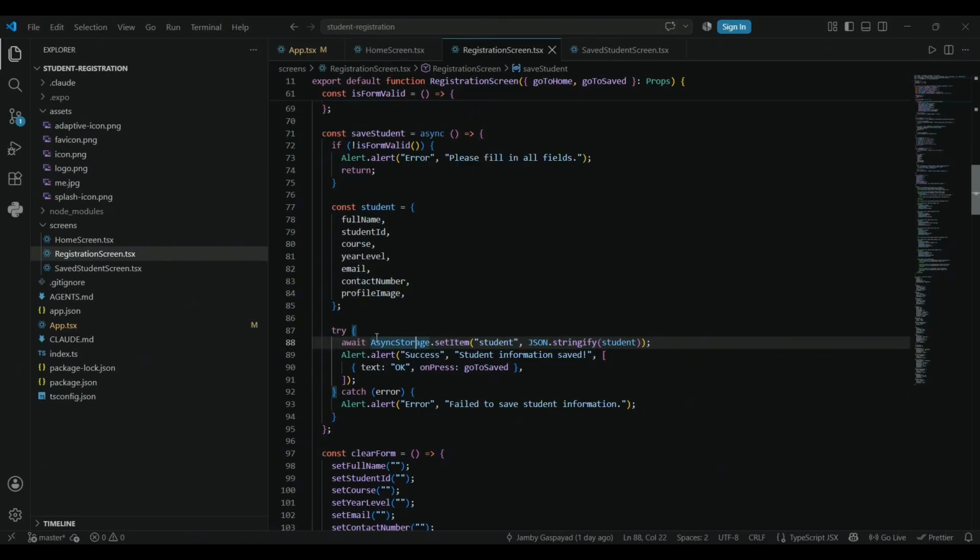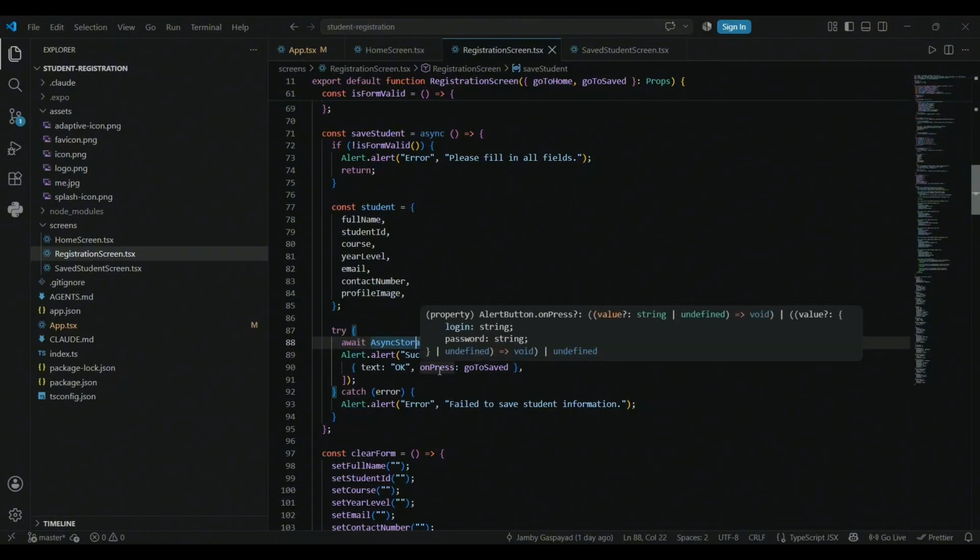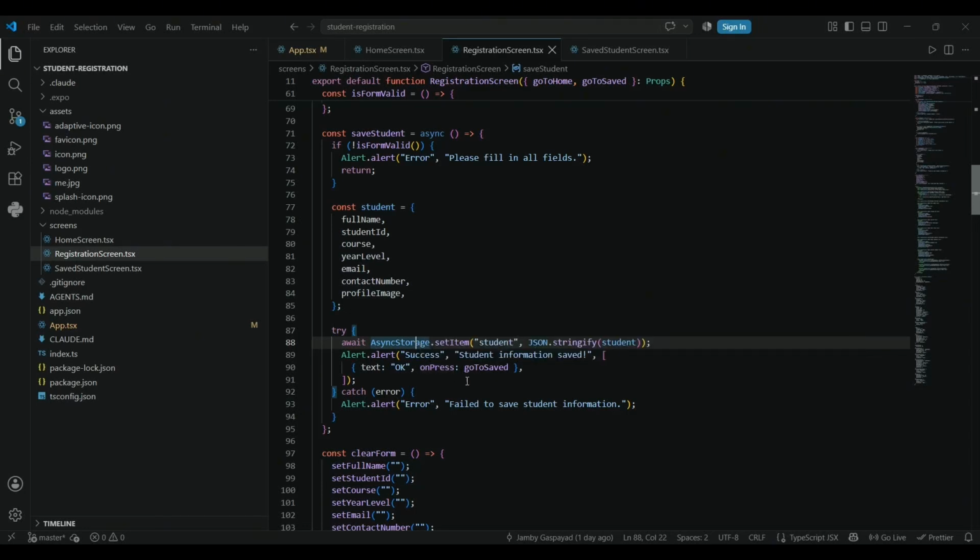Then after the information is successfully saved, an alert is displayed. When the user presses OK, the application goes to the save student screen.